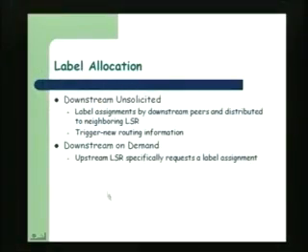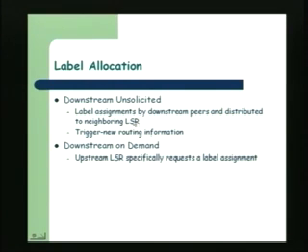Now, as I was saying in the previous lecture, label allocation can be done either based on downstream based label allocations or upstream based label allocations. Okay, so let us look at the various techniques. In downstream based label allocations, it could be of two types: downstream unsolicited. Okay. In downstream unsolicited, the label assignment is done by the downstream peers and then it is distributed to the